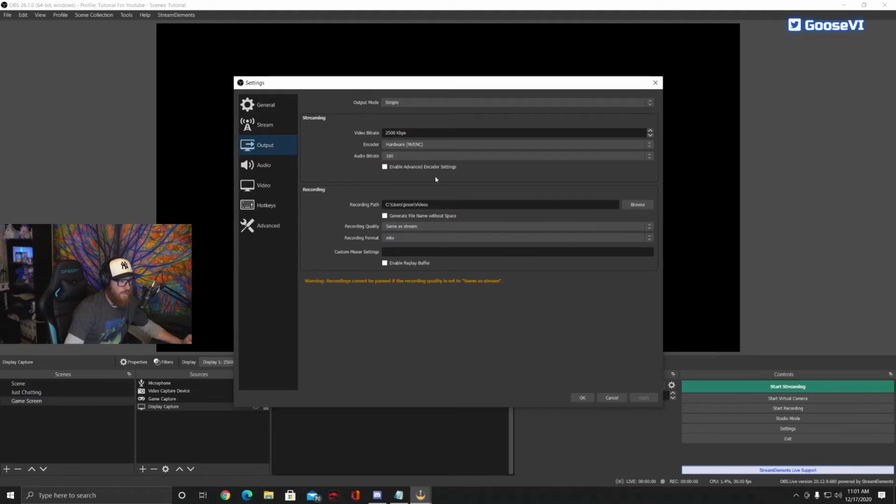This can get really tricky, and I'll do an advanced video for this. If you mess with these settings, you can get yourself messed up and lost. So for the most part, just keep your output mode when you're first starting out to simple. Your video bitrate, if you're going to stream at 1080p and you have good internet,